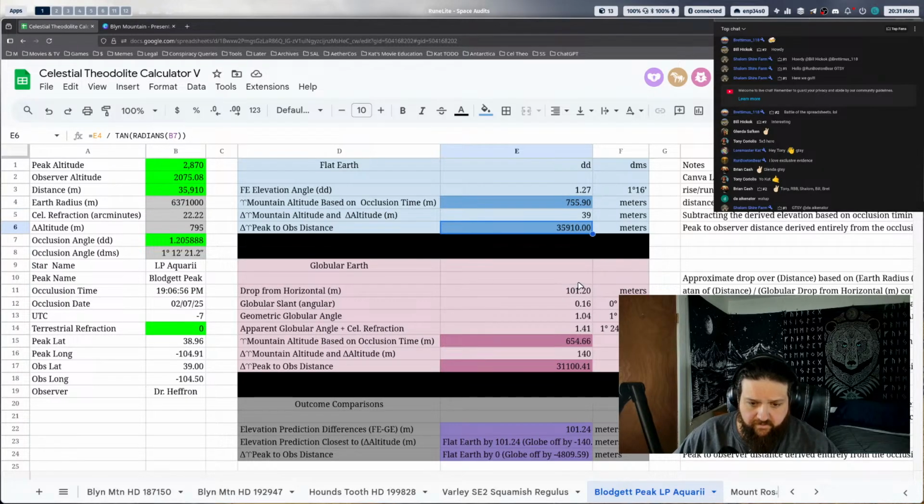It's 3 parts of a triangle. Yep. So we're analyzing 3 separate triangles here. We got our prediction triangles, and then we got our elevation and distance triangles that we're comparing, all derived off of the occlusion timing. I say backwards derived a lot, but actually you're just deriving a triangle. There's nothing backwards about it. It's just, you know, 2 parts of the triangle, you solve, you get the other part. So anyway,